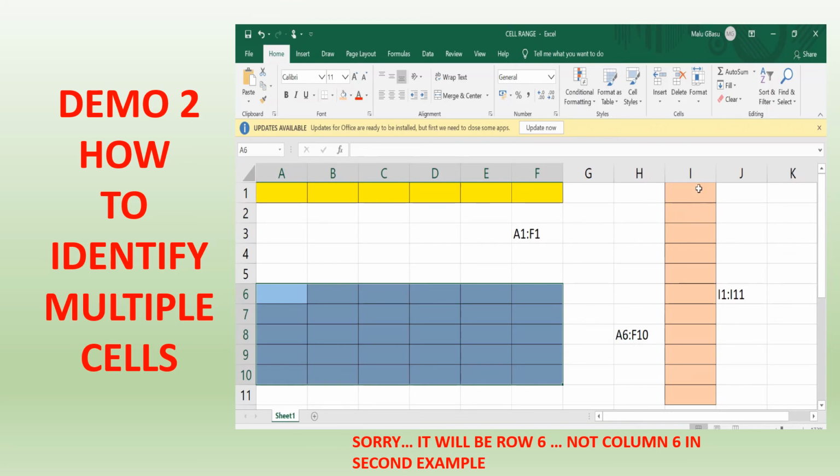And another example: you can see here I have selected 11 cells. But I have selected only one single column. How come I am selecting 11 cells? Because I have selected 11 rows, from row 1 to row 11, but the column is one single column, that is I. So how have I referred to it? I begin from row 1, so I1 colon I. Then which row is it ending at? 11. So I have referred to it as I1 colon I11.